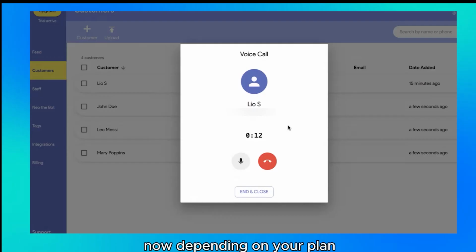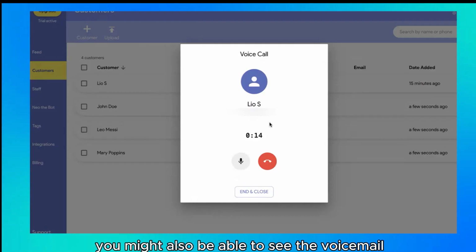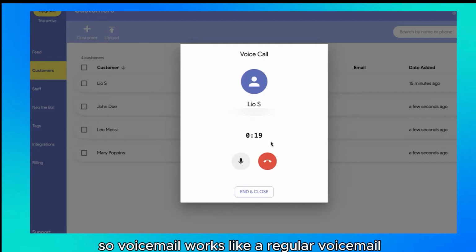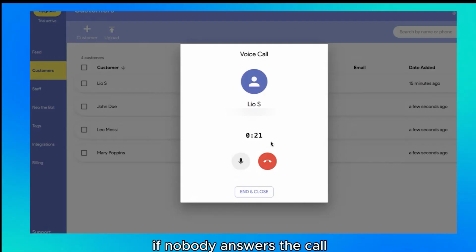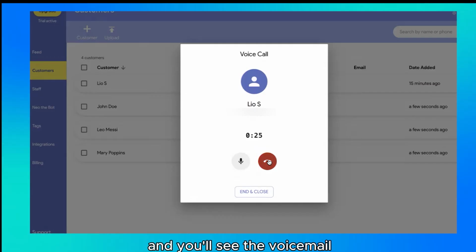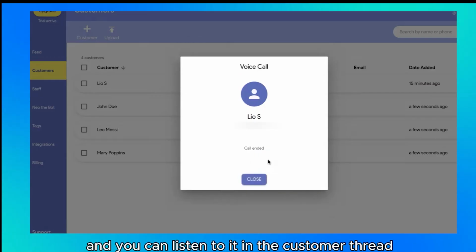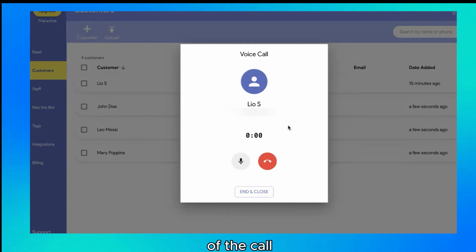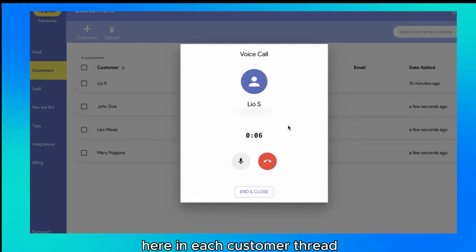Now, depending on your plan, you might also be able to see the voicemail and the transcript. So voicemail works like a regular voicemail. If nobody answers the call, then the customer has the option to leave a voicemail, and you'll see the voicemail and you can listen to it in the customer thread. You will also be able to see the actual transcript of the call. So depending on your plan, you'll be able to see a voicemail and call transcripts here in each customer thread